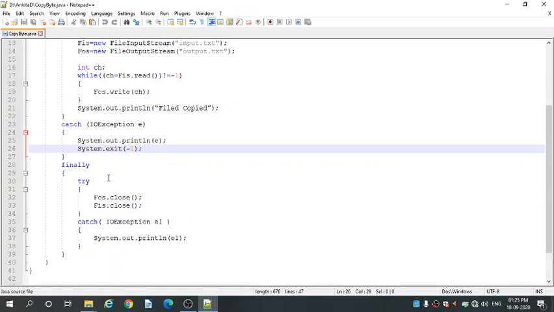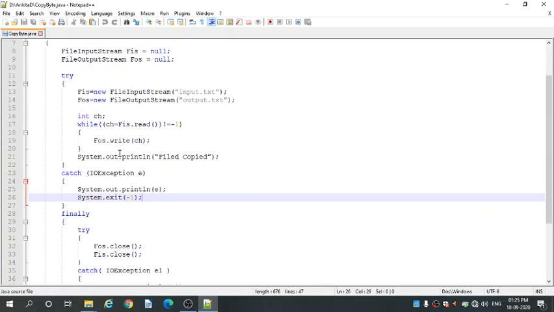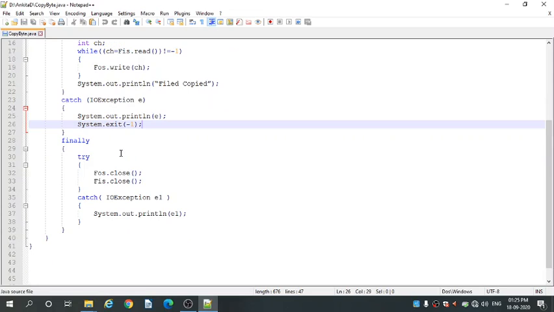After that comes the finally block. What is this finally block? The finally block is the block which always gets executed, whether your program executes successfully or not. It doesn't matter. It will always be executed at the end of the program. Okay. What is the use of this finally block?